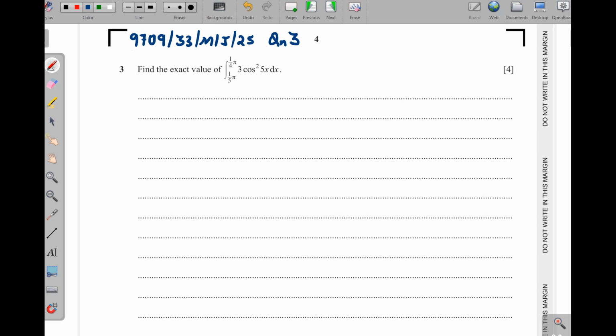Question 3 is coming from integration. Find the exact value of this integral here. Now we can see that this is an even power of cosine. And you need to know that for even powers